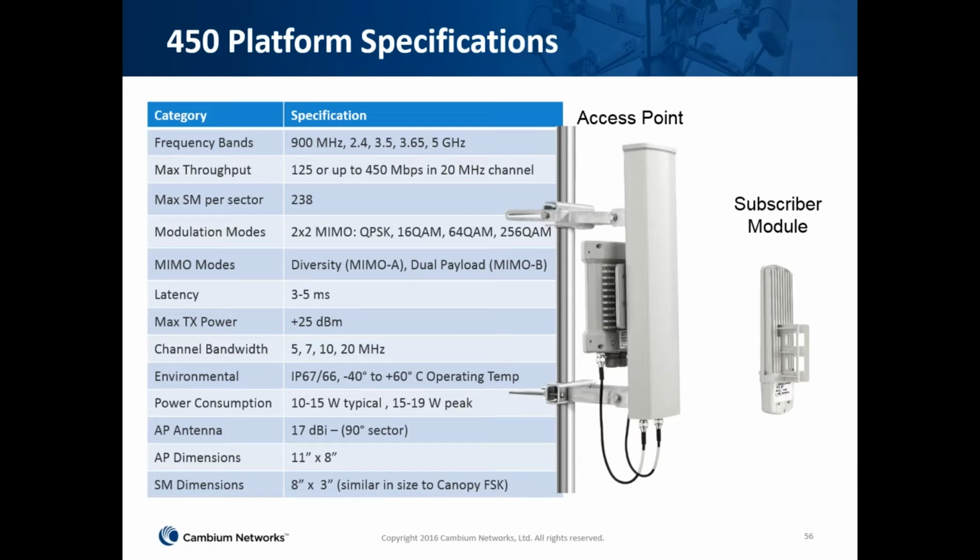In an access point, our new massive MIMO platform, 14 by 14 MIMO, the first and most advanced product on the market today. If you're serving a dense area, the MIMO product will give you 450 meg per sector out of an access point, all in a 20 megahertz channel, so you can be as spectrally efficient as you possibly can. It's actually the most spectrally efficient radio on the market. It provides 3 to 5 milliseconds worth of latency.